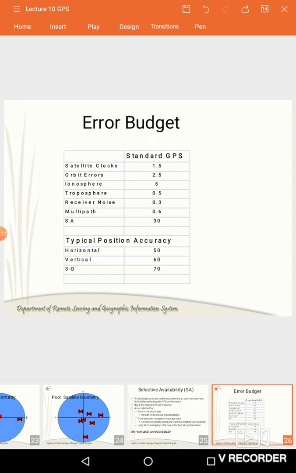And these types of errors can be corrected by the help of a reference station, which is present within 50 kilometers from our project area. The data can be collected from the station, that can be overlapped with our satellite data, so that we can correct for the exact satellite with the same time for error correction.